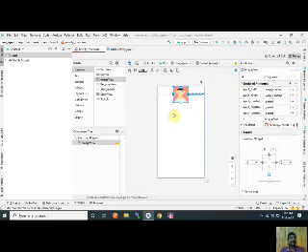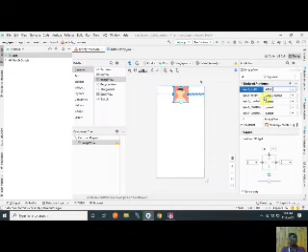After that you set the size of your image view, because when we use wrap content to set the size, if the image size is larger, the image will automatically change the whole design of my layout. So I set the width and height like 200 dp width and 200 dp height.